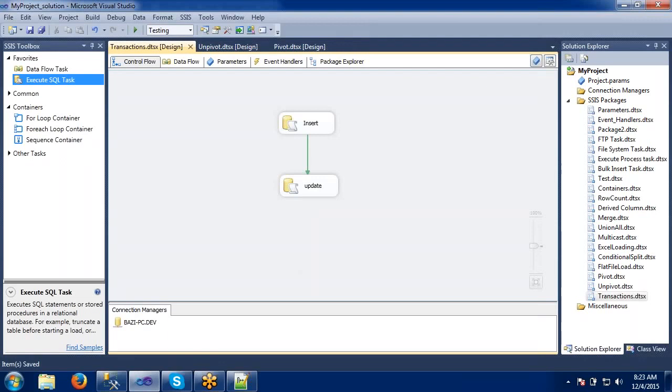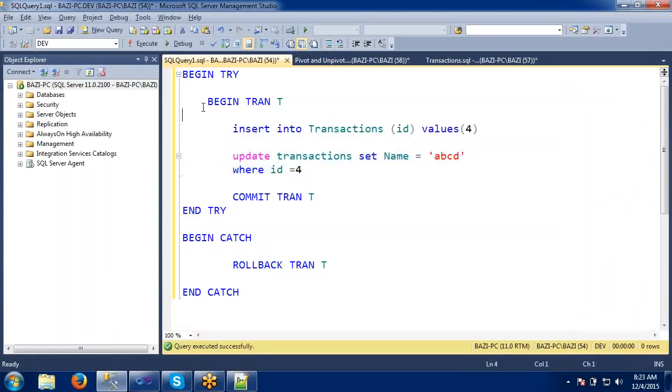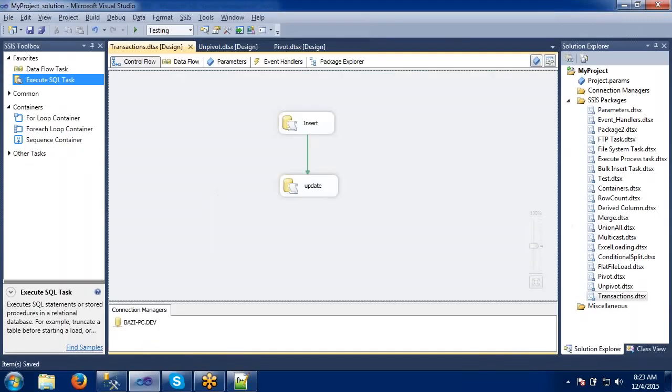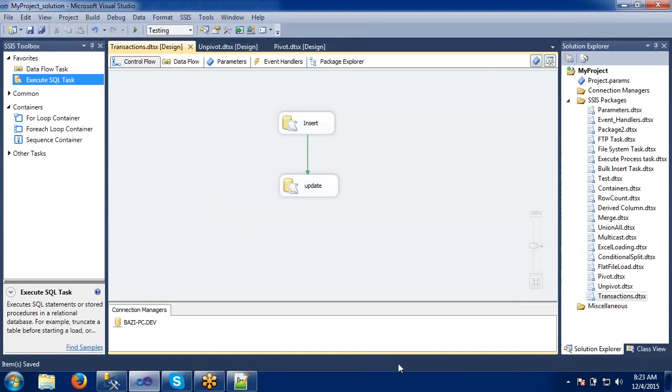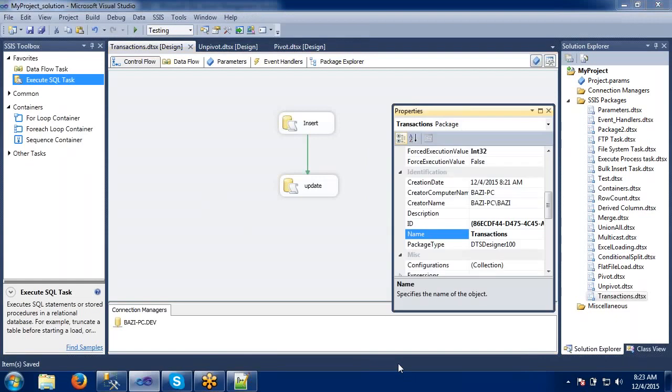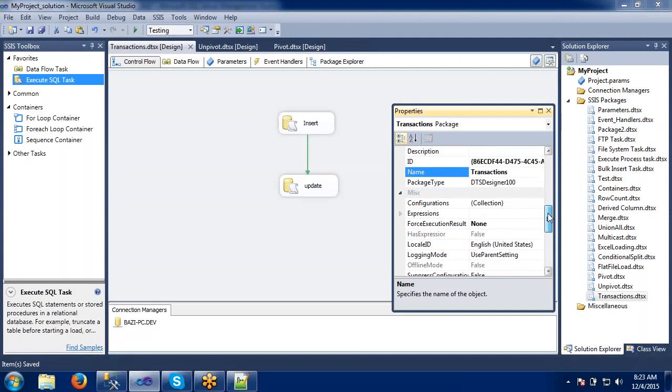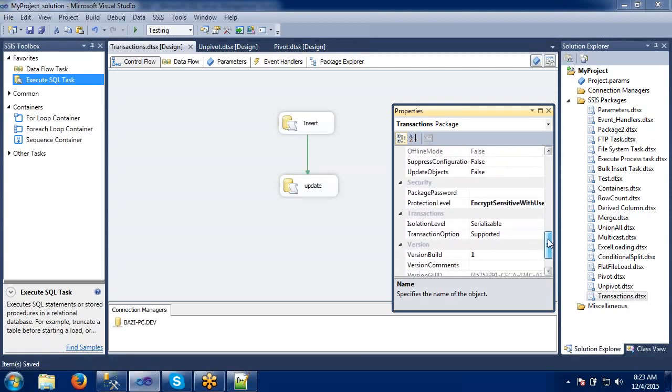Whatever we have discussed here, how SSIS does it is simply: right click on the package, go to the properties, and go down. One option you can see here is the transaction option.